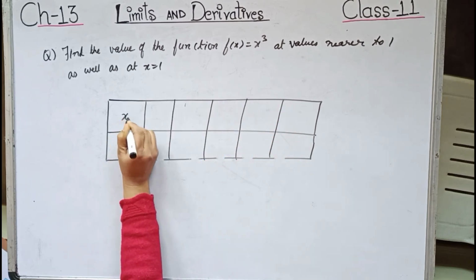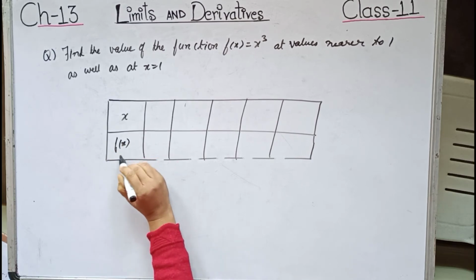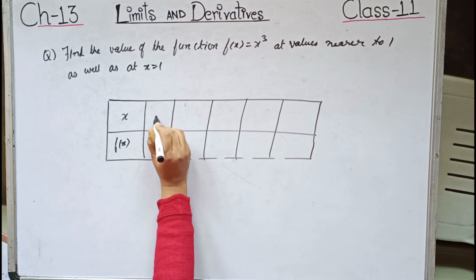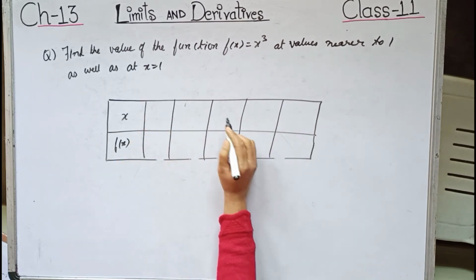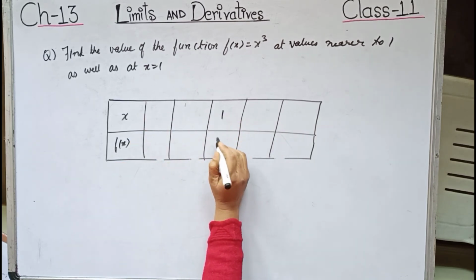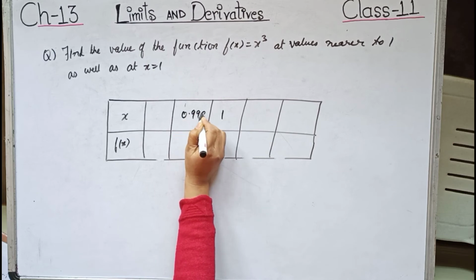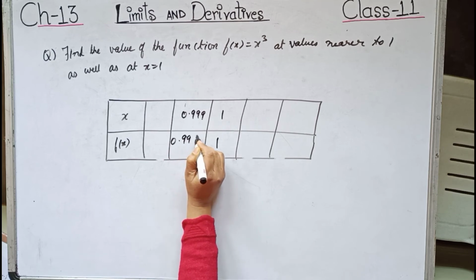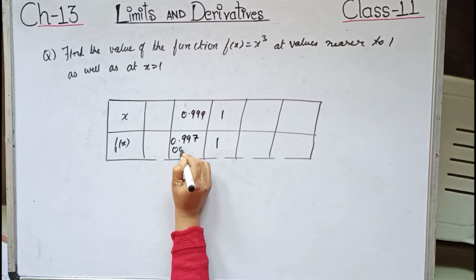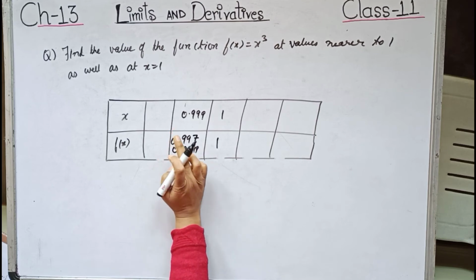So this is the value of x, and what we will be getting when we substitute the value of x, means f(x) values. So suppose over here we will be taking more, over here less. So at x is equals to 1 I am writing over here, we are getting f(x) is equals to 1. Now less than 1 I am writing over here 0.999. So we will be getting the value over here as 0.997002999, and this is illustration 2 of NCERT. You can refer from there.